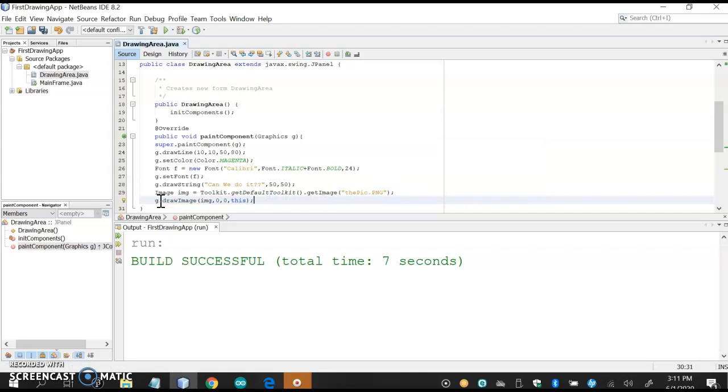So I'm using the g object, so the graphics object. I'm doing a drawImage of the image itself, the picture that's associated with that image object, starting at 0, 0, which is the top left corner. And this command called this just means this item. You just need to use that. You'll learn more about that in grade 12. So if I run this,